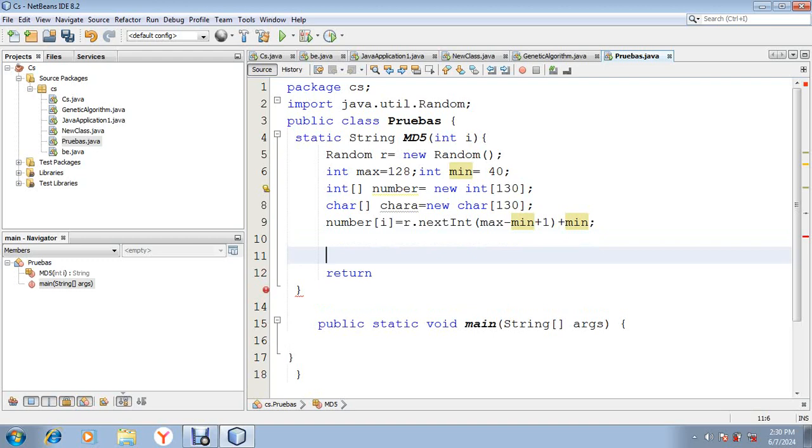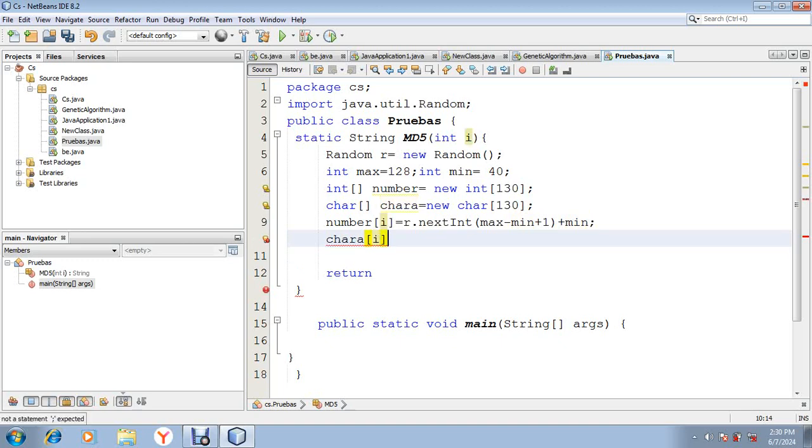With this formula, the system will print the most of not repeated elements but in a randomized way. And then let's create a character that begins with I, and then the number